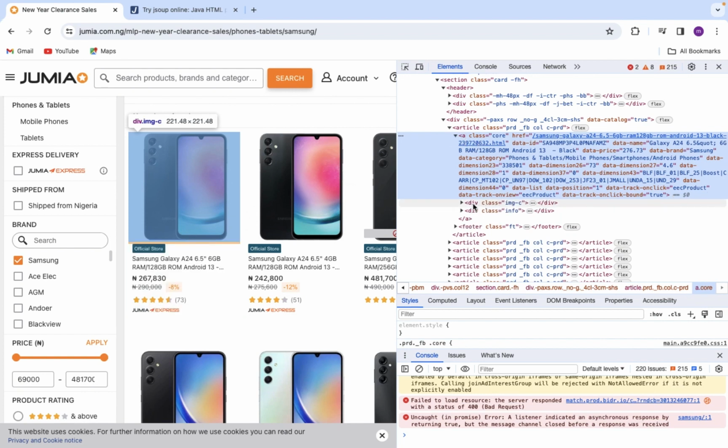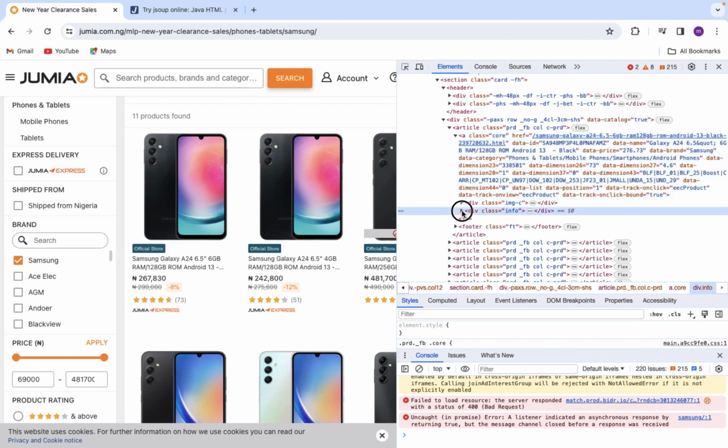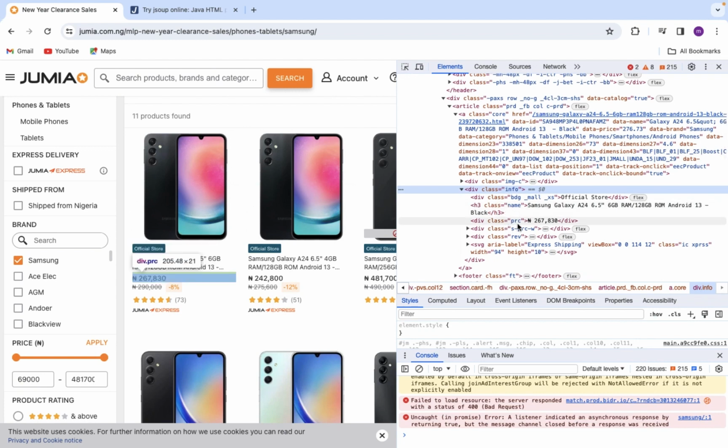Coming down, you see this particular div holds the image of the phone. This other one holds the info of the phone. So that's why we're going to the info, because the info holds the name and the price of the phone. You can see if I hover on the H3, it holds the name. If I hover on the div, it holds the price. So trying to get this